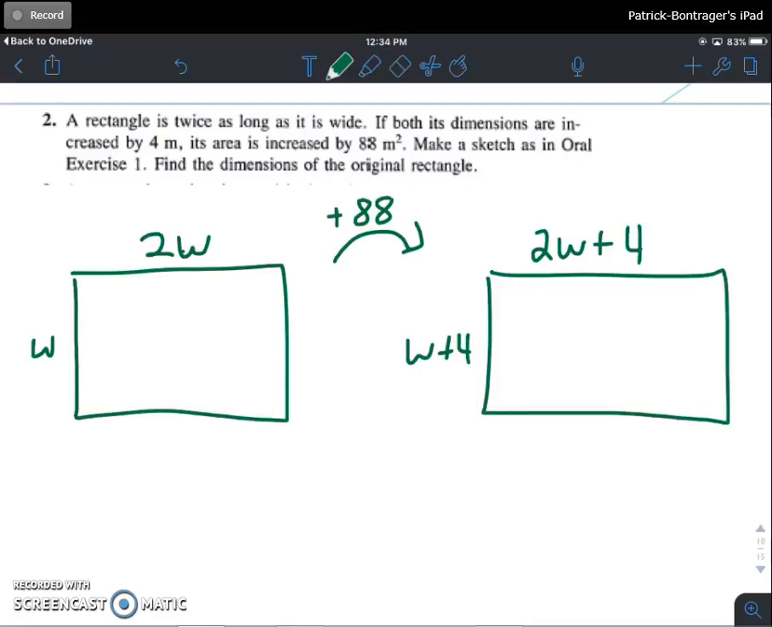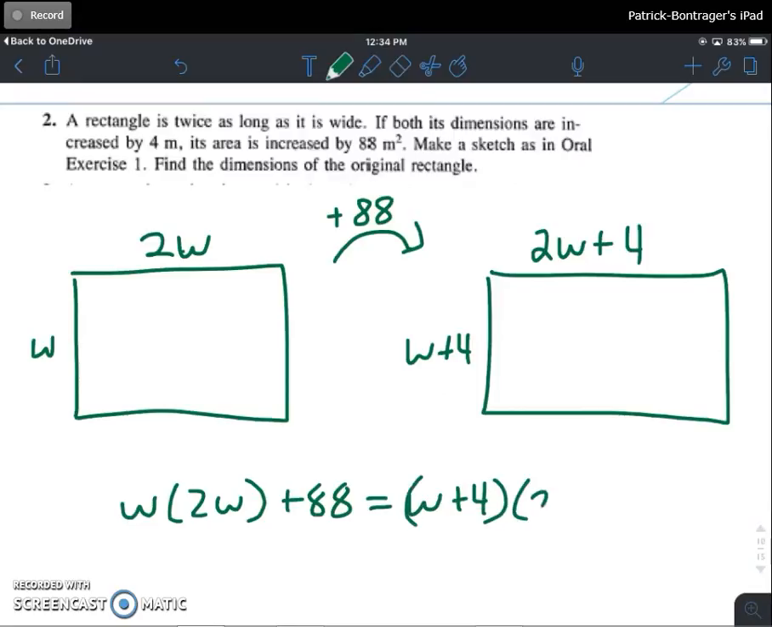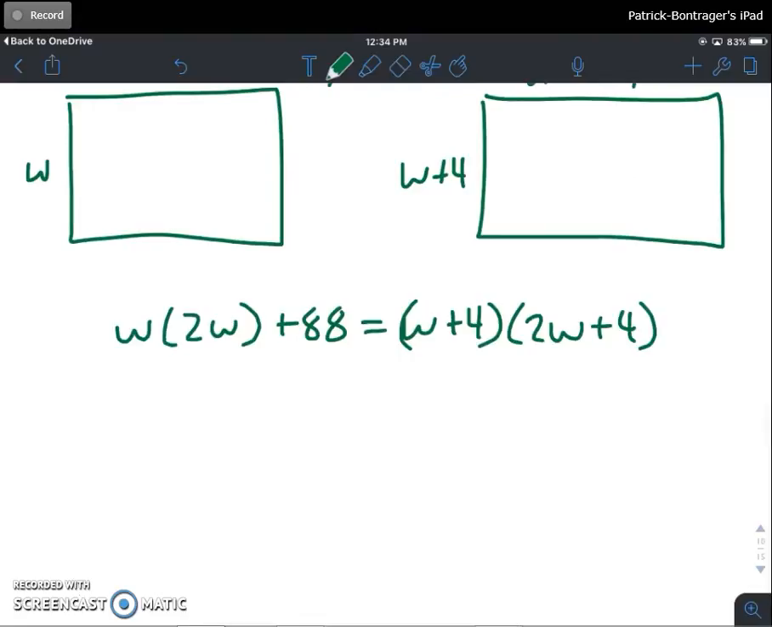Okay, so area is base times height. So I'm going to get W times 2W. Again, I'm going to add 88 because my left rectangle is smaller than my right rectangle. I need to keep them equal. Equal W plus 4 times 2W plus 4. I'm going to multiply 2W times W is 2W squared plus 88 equals